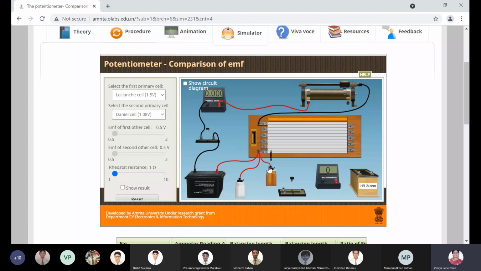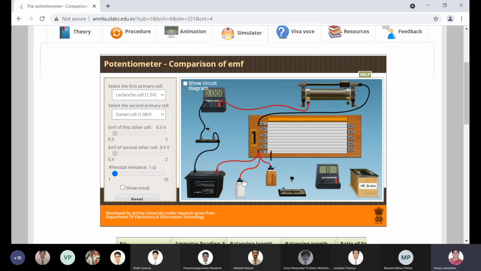In your Daniell cell, the copper vessel itself will act as a positive electrode. There will be a thin electrode inside made up of zinc. That will be a negative electrode. Whereas your Leclanché cell will have a thick carbon electrode, which will act as positive terminal. A thin zinc electrode will act as a negative terminal. We use ammonium chloride as your electrolytic solution. Right. Now all these have been connected.